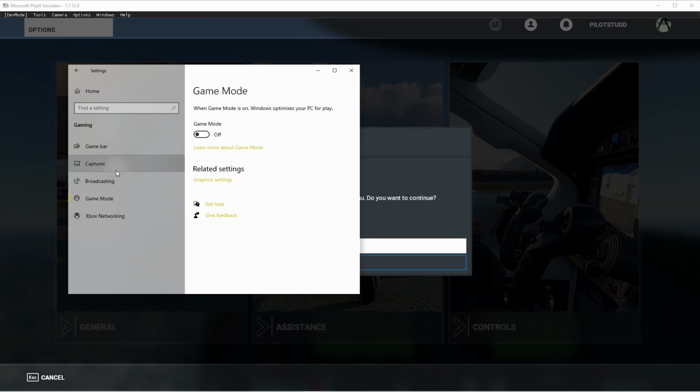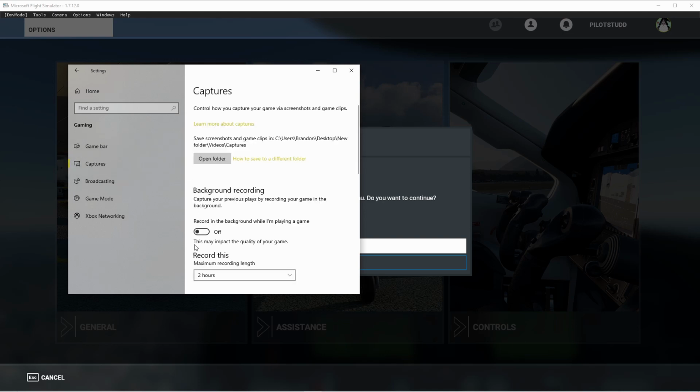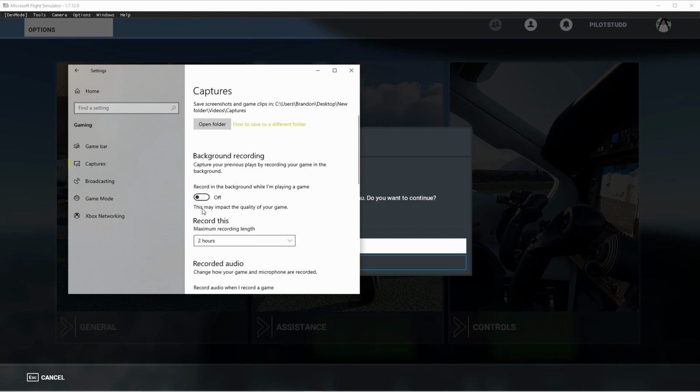Also go up to captures and make sure once it loads that this is off. Basically background recording, obviously really heavy on your CPU. Obviously if you want to record gameplay then you might want to keep it on, but I'd recommend turning it off. This does really affect CPU and GPU usage. Now let's talk about some more